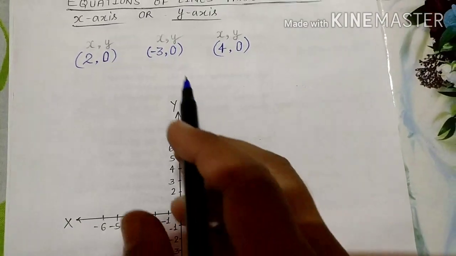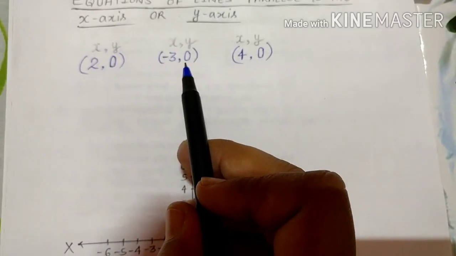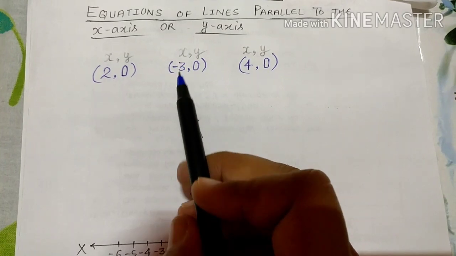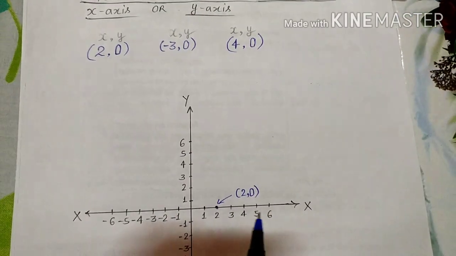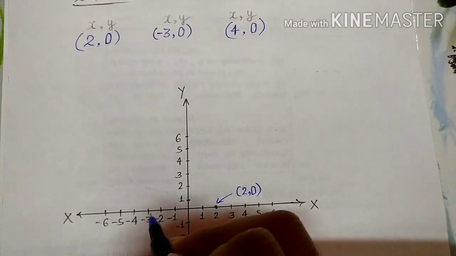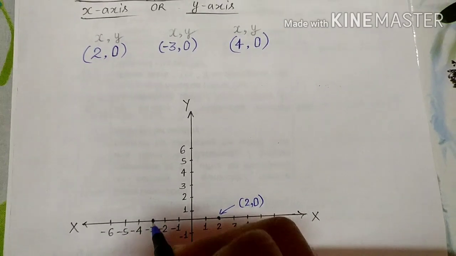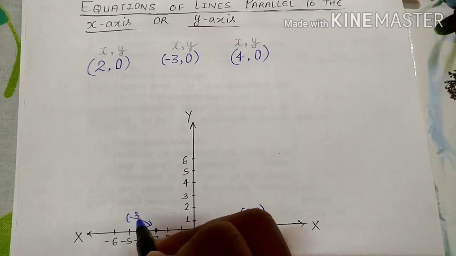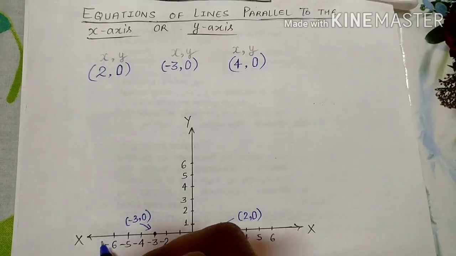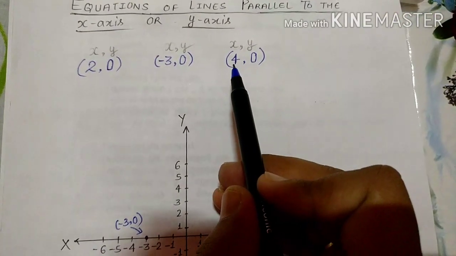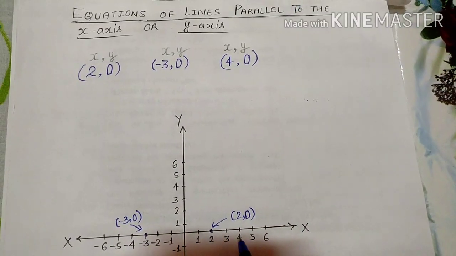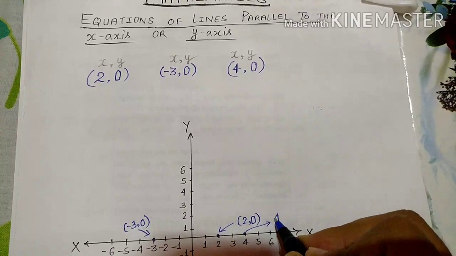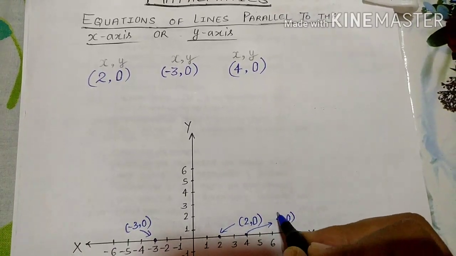0. In the same way, if I am asking for (-3, 0), -3 is first, this is the coordinate of x. So -3 on the x-axis will come on this side, this is the point. So this point shows (-3, 0), okay? And then the last point (4, 0). So again 1, 2, 3, 4. This point is showing (4, 0), okay?